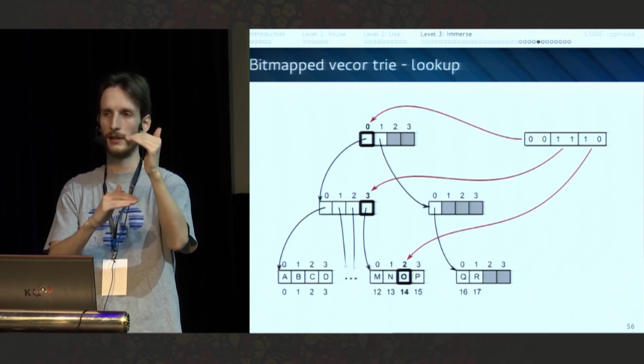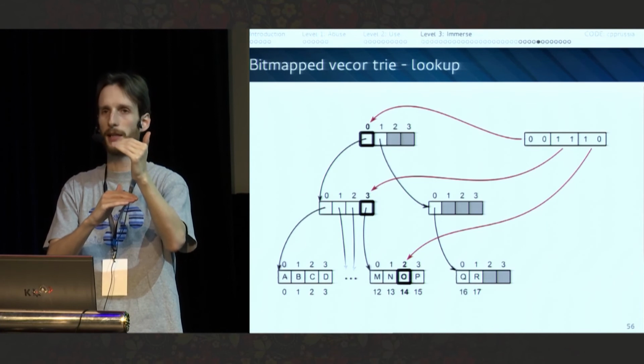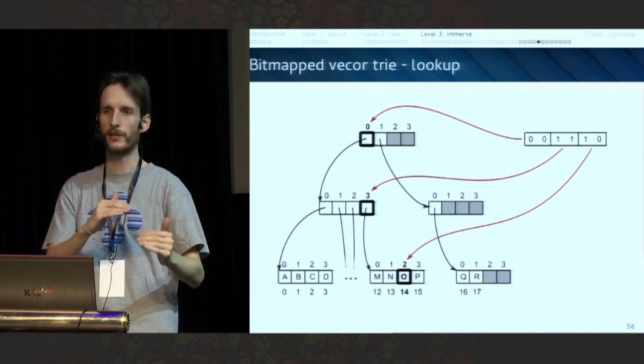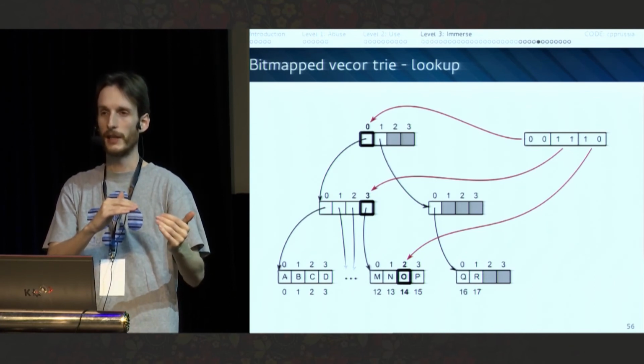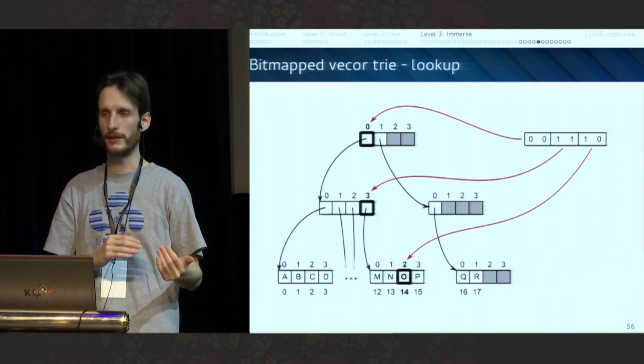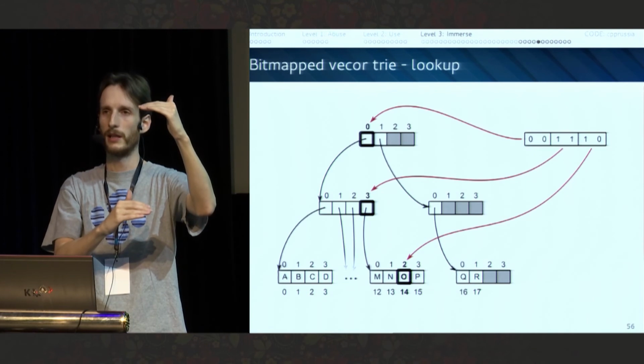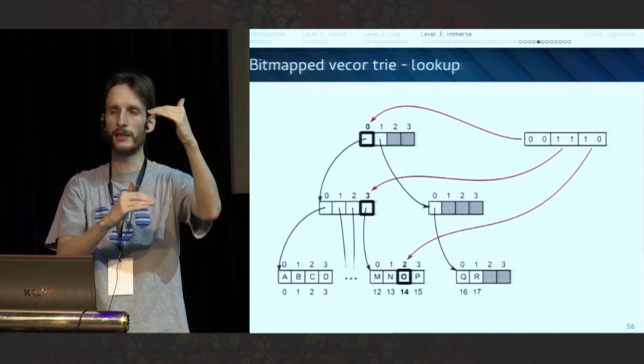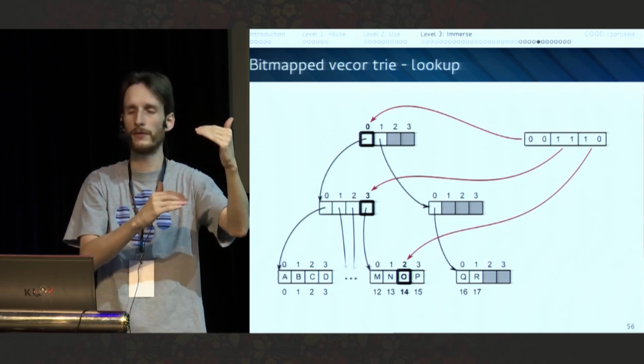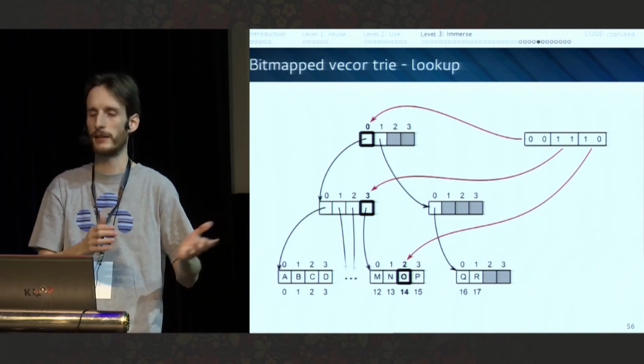So the lookup can have at most 10 steps, which is O(1). It is obviously slower than vector because it has to jump through hoops, but at least the copy is super efficient, and this is still O(1). A little bit slower O(1), but still O(1).